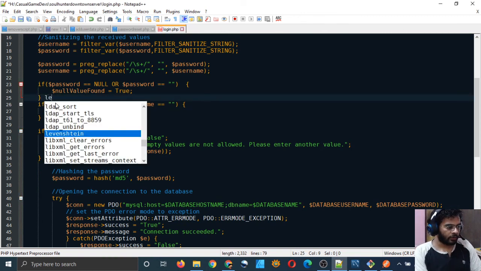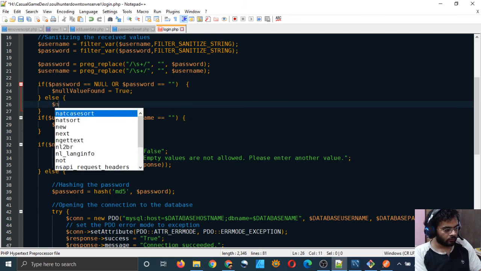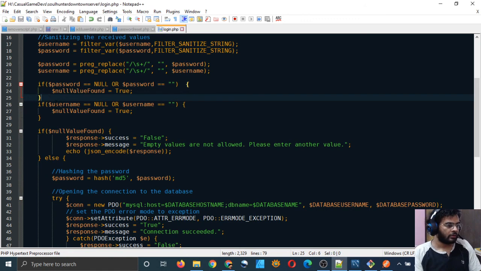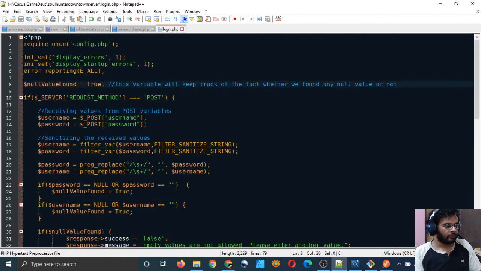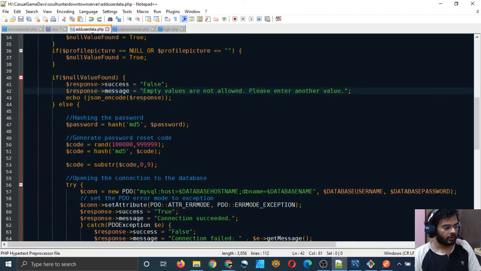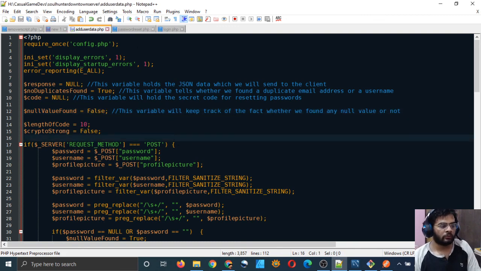So we have to type the else statement also. Else, if this is not true, then null value found should be false, or simply just say null value found is equal to false. So by default, null value found should be false. By default, we will just assume that there are no null values, and later we will check for the null values, and if we find them, we will say that yes, we found them, so they are null values.